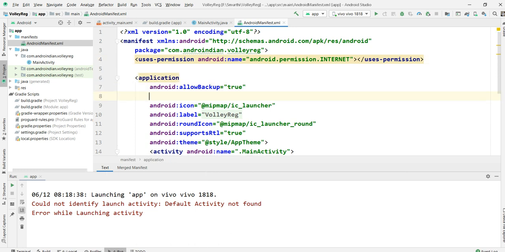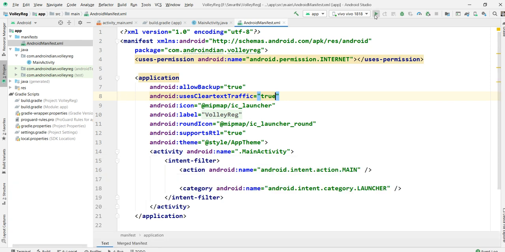Then the next one, uses clear text traffic true. That's all, it's completed. So now I'm running this application.